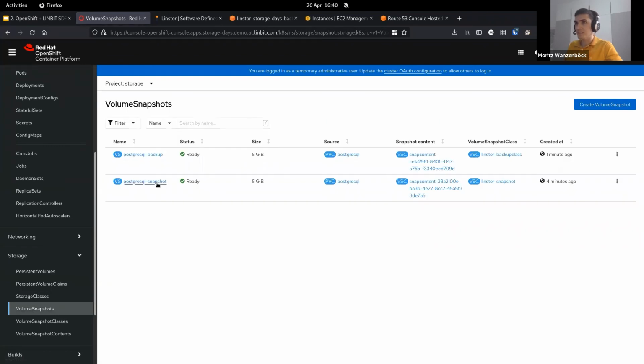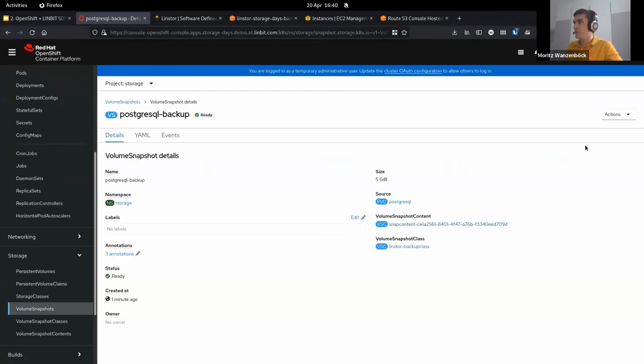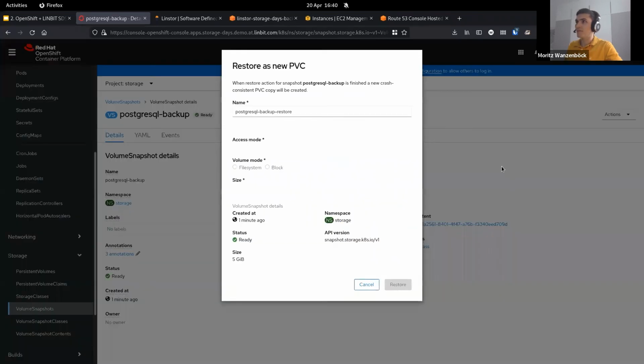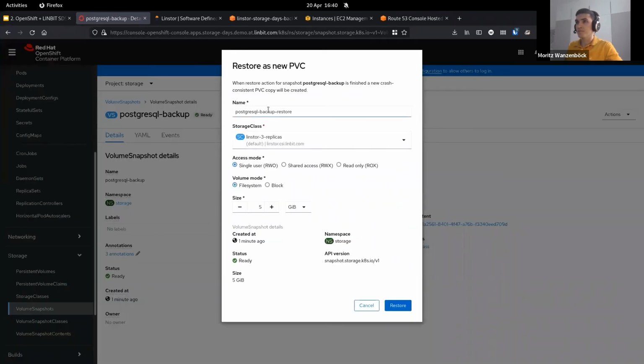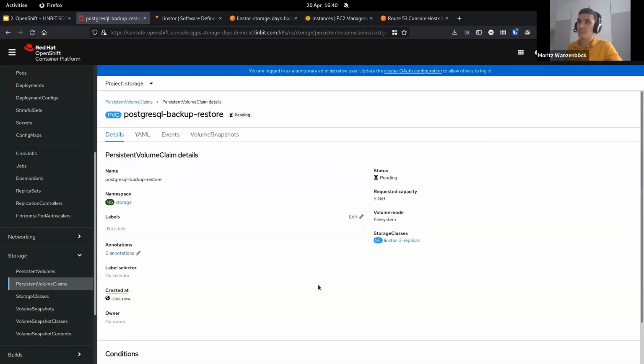Quickly, maybe we will use this one, and you can select restore to new persistent volume, and maybe you want to have it as read-only. Restore,